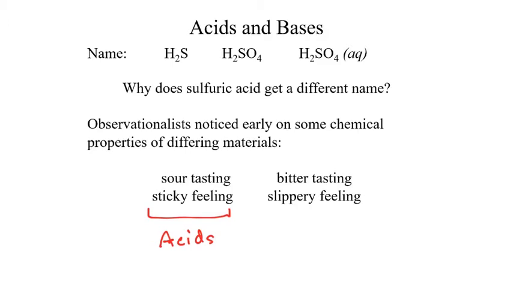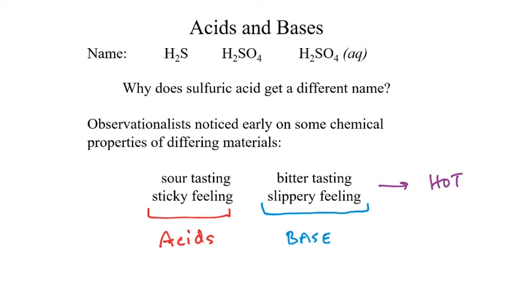Well, as observationalists continued to note substances, they also found these other substances that were bitter tasting and kind of slippery feeling, and perhaps by chance they ended up mixing these things, and in the process of mixing them, they got an awfully hot reaction. And hot, while spelled with an H, is not followed by 2O. They got a hot reaction. So that hot reaction then added a potential hazard with this. So they wanted to make sure that they could go through and ensure a way to name these things such that we would know to keep them separate. Because if they accidentally mixed, we would get this very hot, boiling, dangerous system.